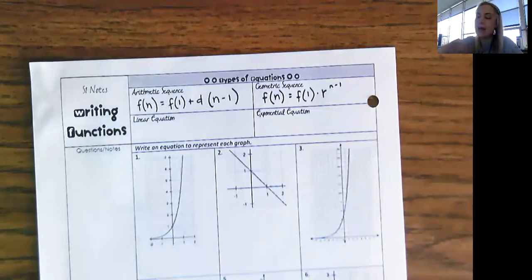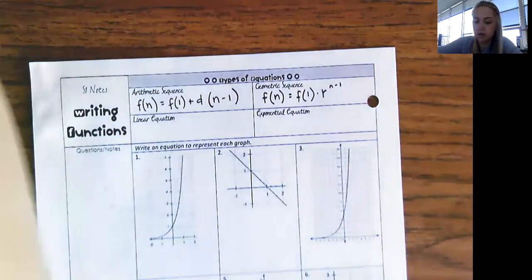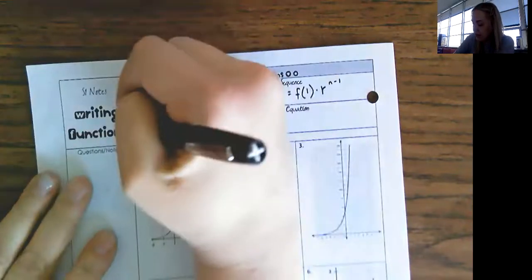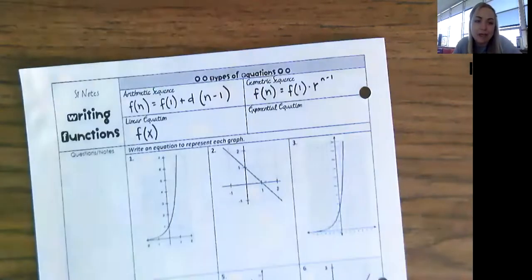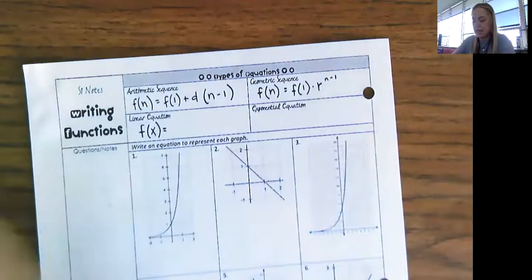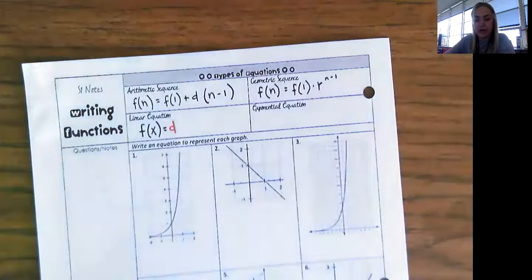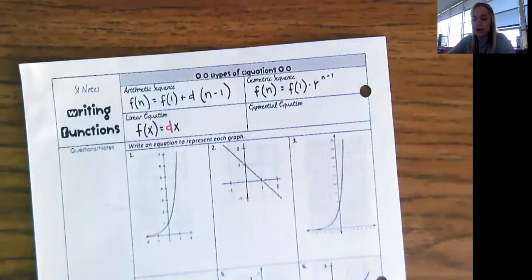So when we have a linear equation, the only thing that we're going to see that's slightly different is we still start out with f of n, but we're actually going to call it f of x. Here's why. Because when we're doing these, we're not talking about the number of term. We're talking about an input of whatever the x-axis value would be. So that's why we say f of x on these. Then we always take whatever is being added, our rate of change, and we call that d. And then you multiply that times x. And then on the end, we always add